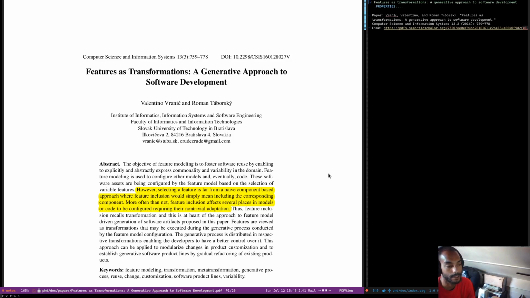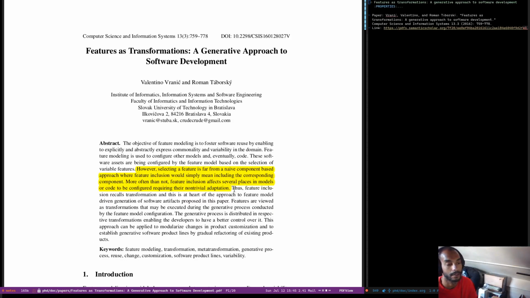Features are viewed as transformations that may be executed during the generative process conducted by the feature model configuration. The generative process is distributed in respective transformations, enabling the developers to have a better control over it. Okay. This approach can be applied to modularize changes in product customization and to establish generative software product lines by gradual refactoring of existing products. Okay, so